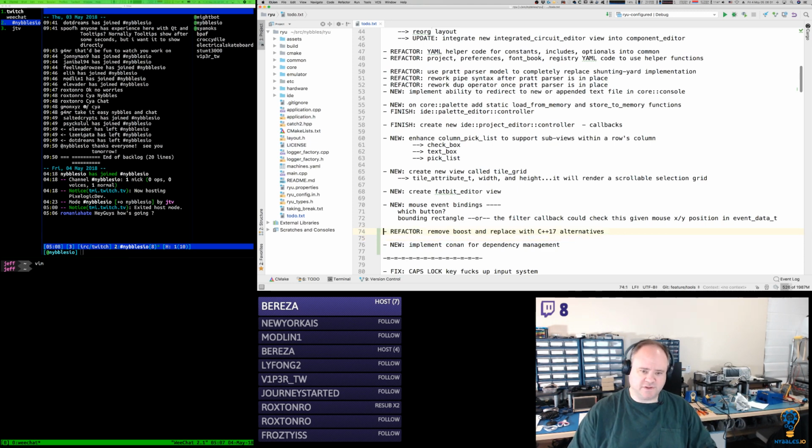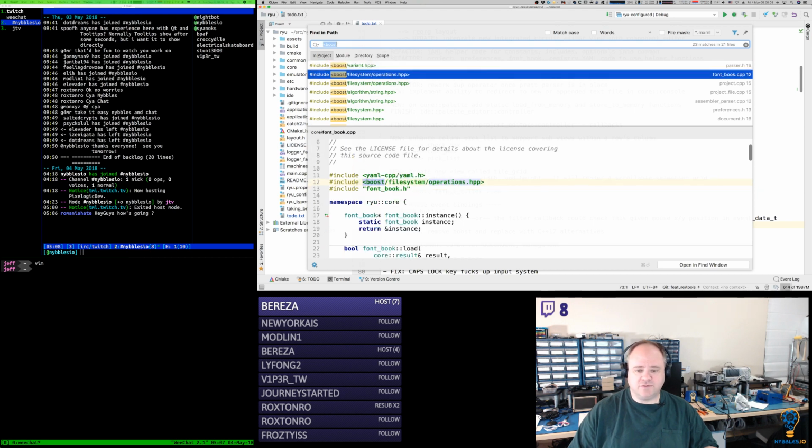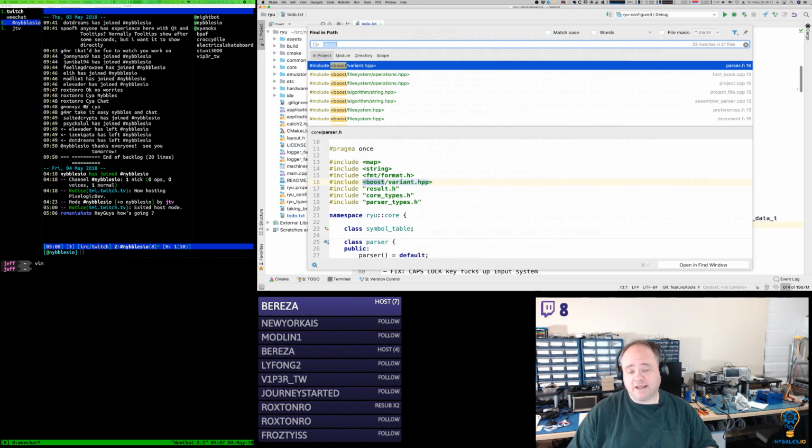So I know Boost is one thing that I'm using, variant, which there's a standard variant now. I don't know if they're really equivalent. I have to compare them.